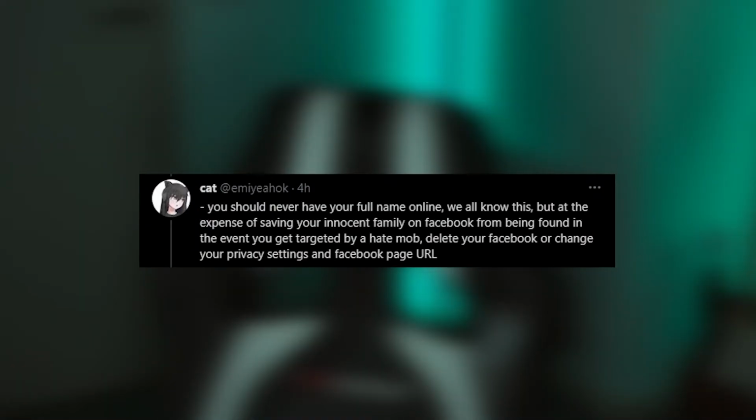You should never have your full name online. We all know this. But at the expense of saving your innocent family on Facebook from being found in the event that you get targeted by a hate mob, delete your Facebook or change your privacy settings and Facebook page